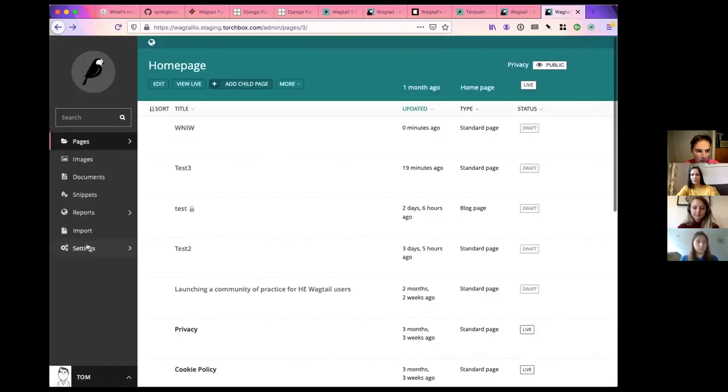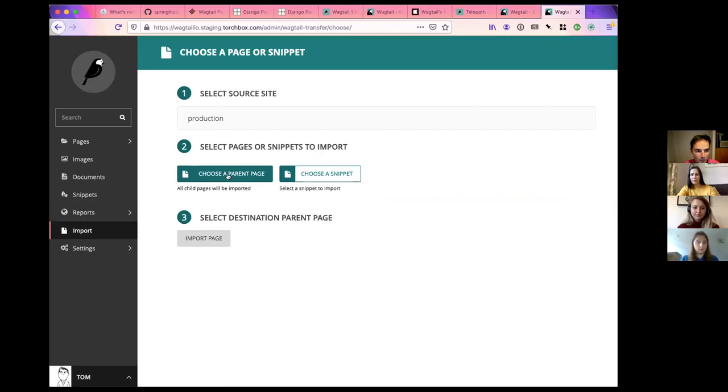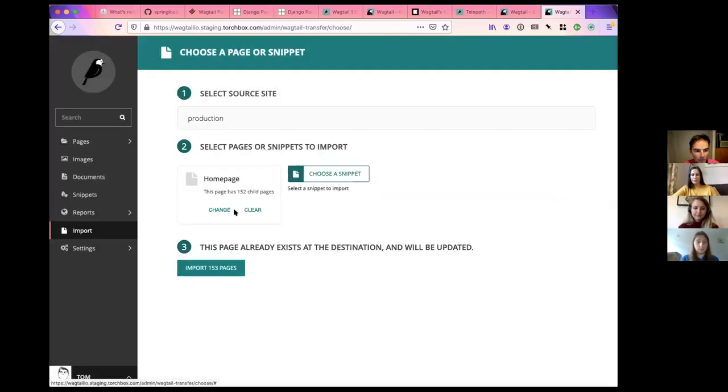And that was just for one page, but perhaps a more typical example would be I want to import the whole site with 152 pages, or all the snippets, or a subsection of the site. And all of these cases are supported. It works very smoothly, and I think it's really a good solution for people who want that hard break between production and staging environments for their content. Okay, I'm going to stop on the demos now. Do ask questions about that, but for now we're going to move on to talking about, I think, the biggest